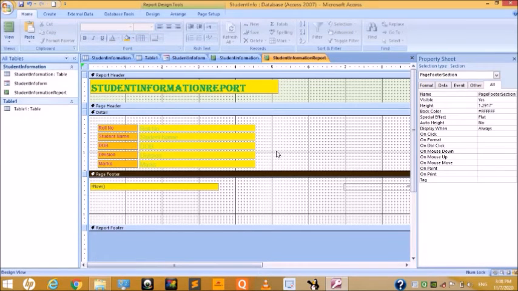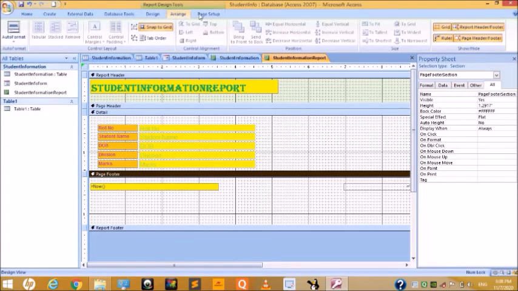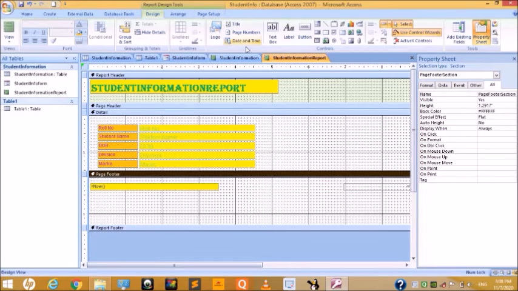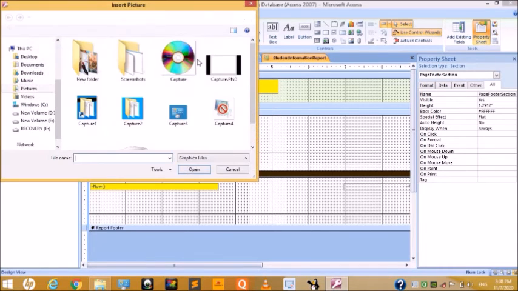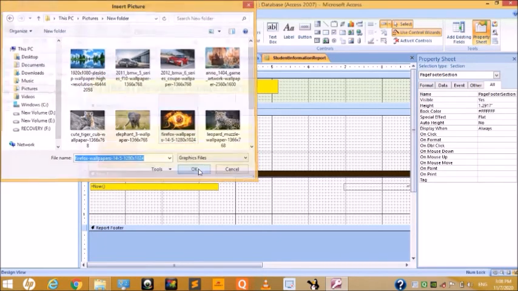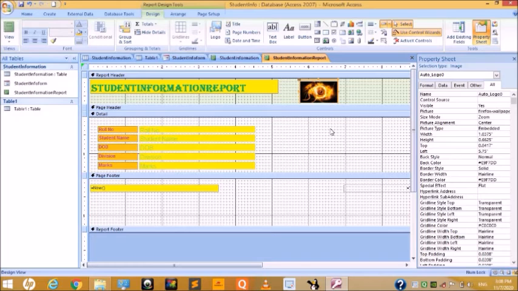Okay, you can design it, arrange it, page setup also, format, design, date and time, add it. Okay, logo, in this way you can add the logo also in the form of picture.